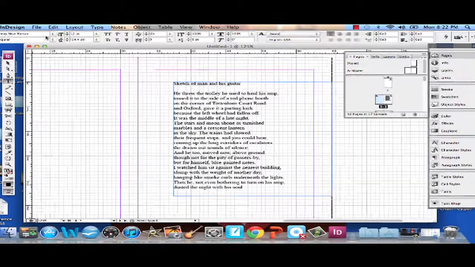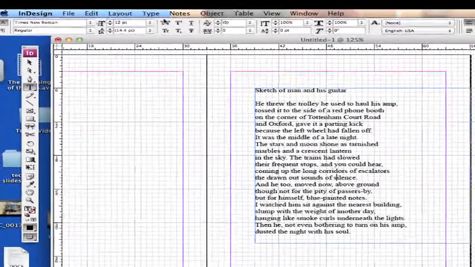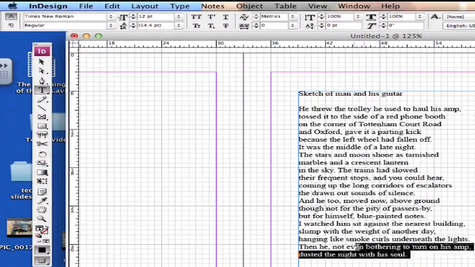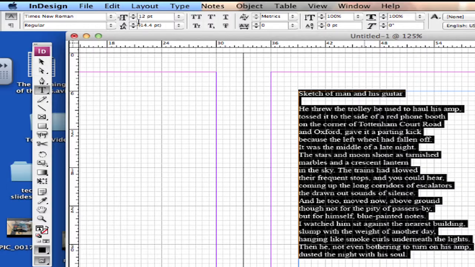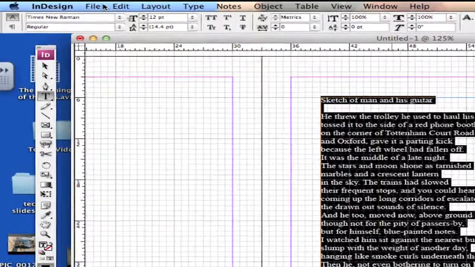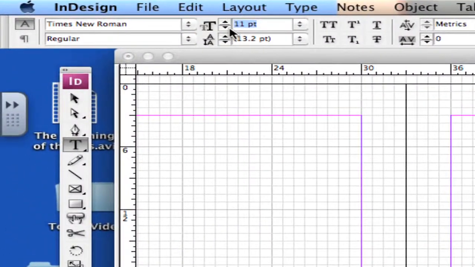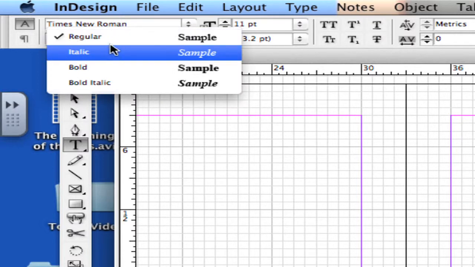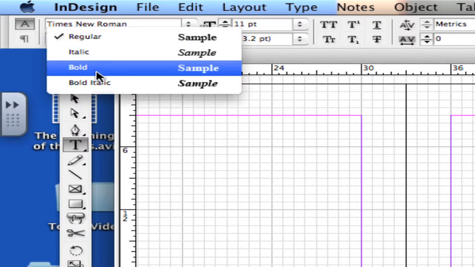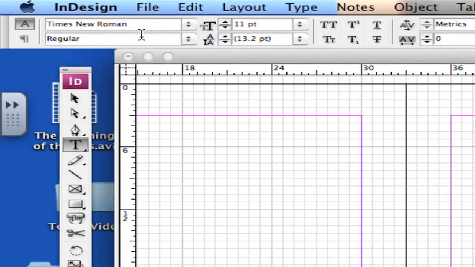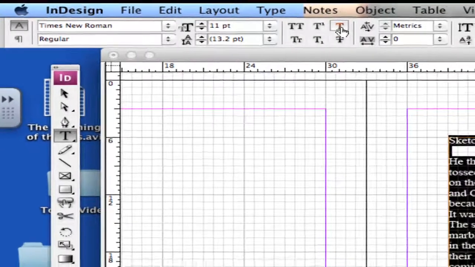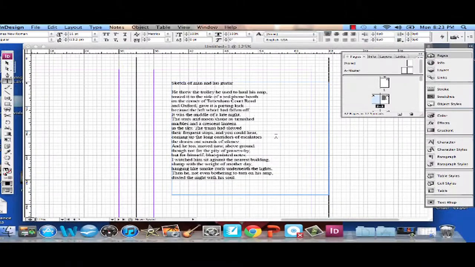So right now we can see up here I'm at Times New Roman 12-point font. That's fairly large font. I like to use 11, so I'm going to highlight all the text, and I'm going to go up here and move it down to 11-point font. If I wanted to make it italicized, I would simply click down here, click italic, or if I want to make it bold or bold and italic, that's what I would do. If I wanted it underlined, on the other hand, I would click on that tool and that would underline it. Okay, so I've got the text how I like it, I've got the proper spacing,